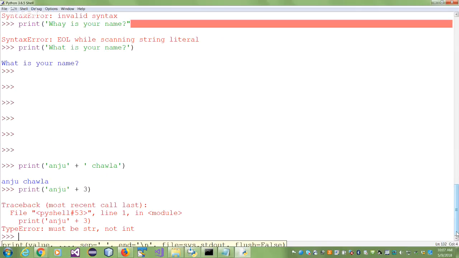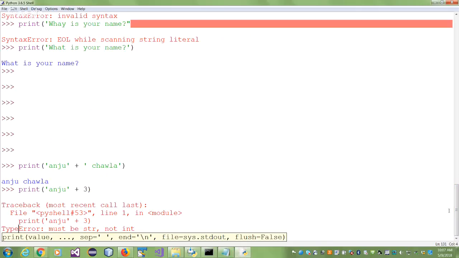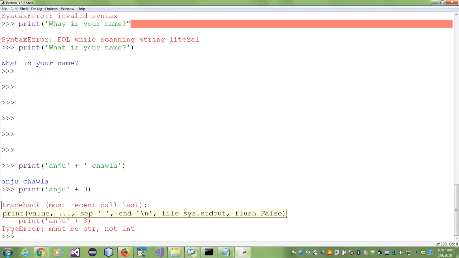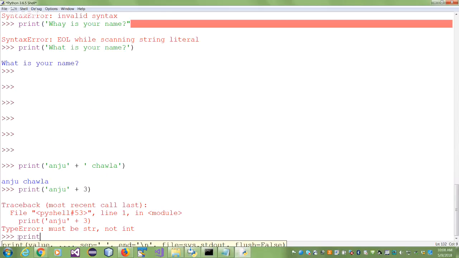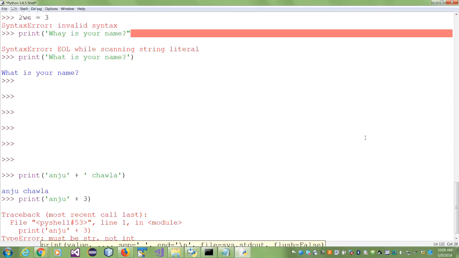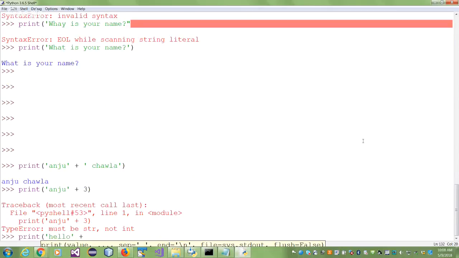It can only print strings, or it can do this. It can print the value of a variable. So let's say hello. I'll do a plus, and what was the most recent variable I created? Anybody remember? The last class. There was a variable the last class. Please see the difference between hello, which is a string and it is in single quotes, and the variable the last class. It is the name of a variable.